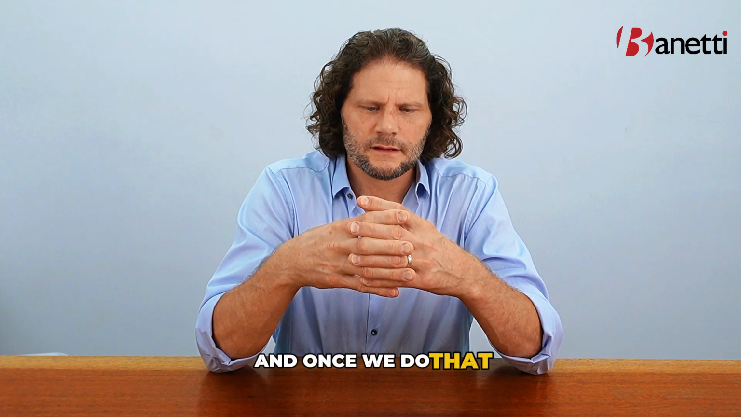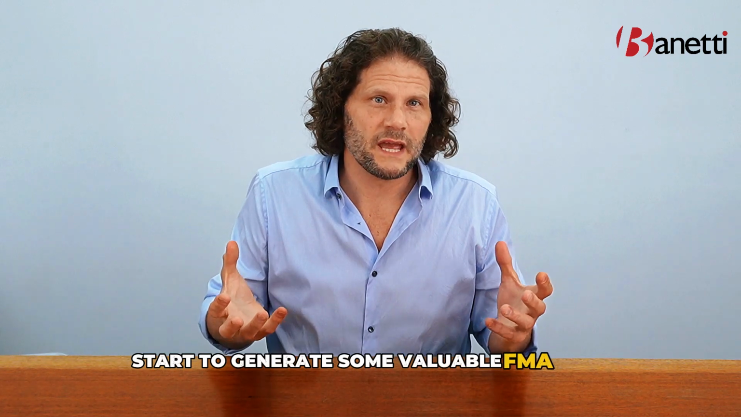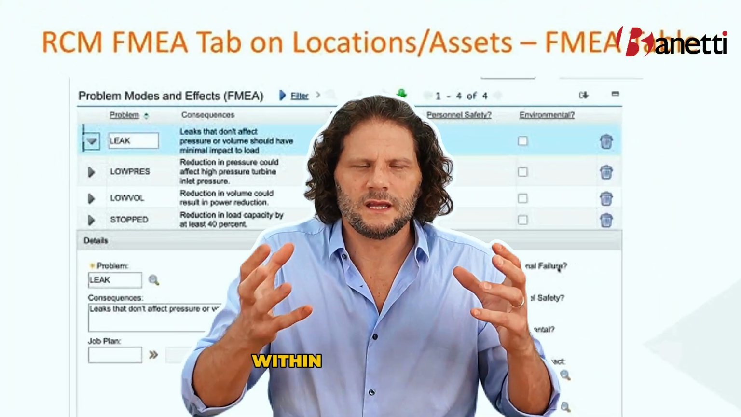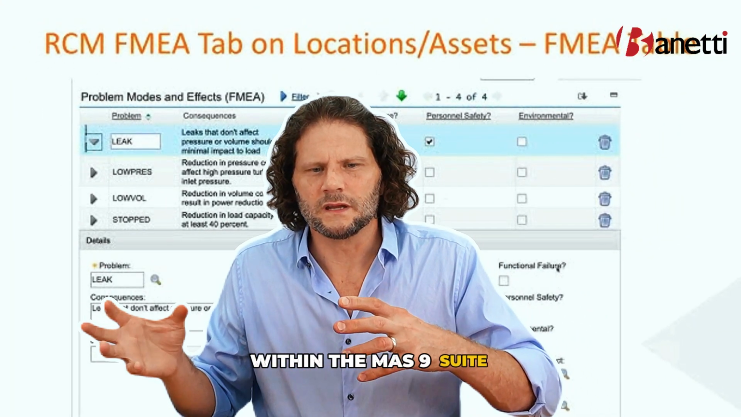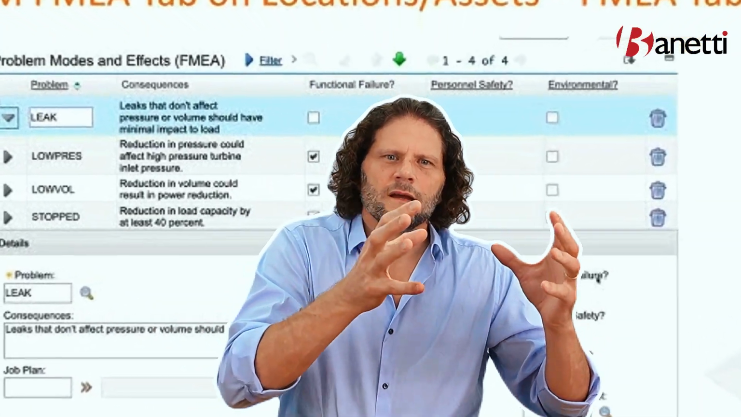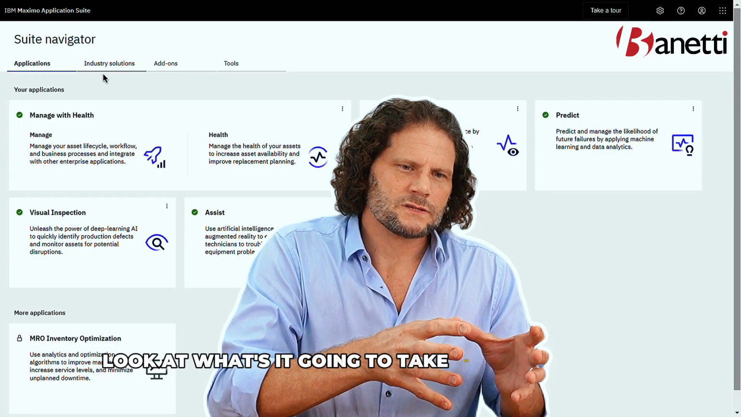And once we do that, then the system can absolutely start to generate some valuable FMEA data. Now that's pretty cool. So if we're looking at leveraging that FMEA capability within the MAS 9 suite, we need to immediately look at what it's going to take to